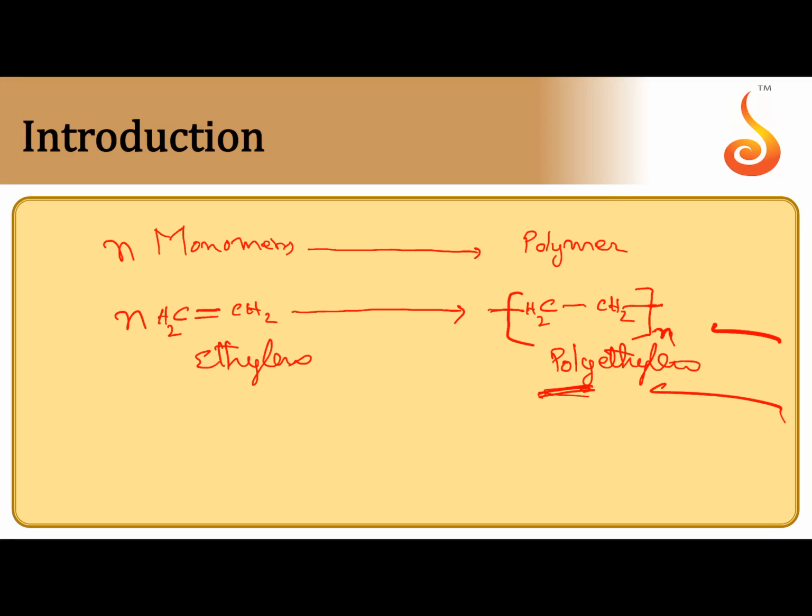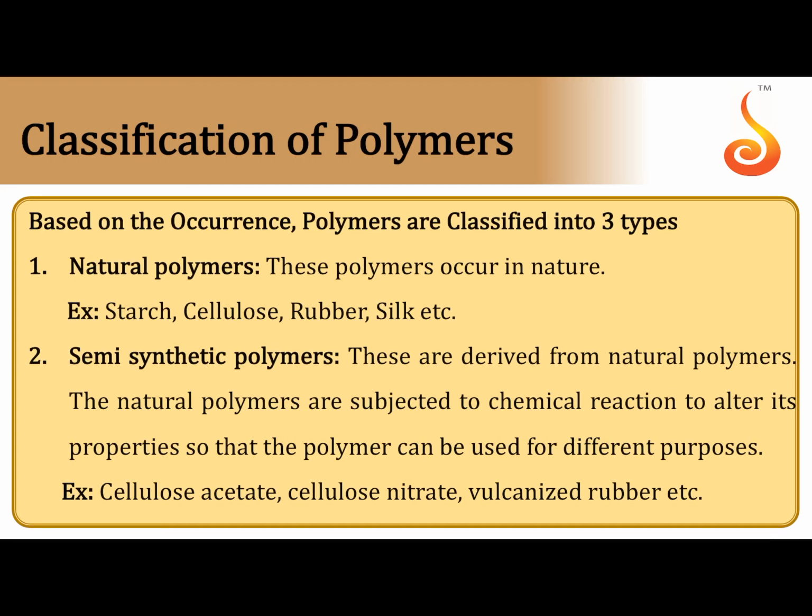Next, two monomers may get combined by condensation reaction. Such type of polymer is called condensation polymer. So, classification based on the source. Natural polymers occur naturally. You can remember the examples, just go through the examples. Semi-synthetic, synthetic, natural. Synthetic means artificially man-made polymers like nylon 66. Natural polymers occur naturally like starch.